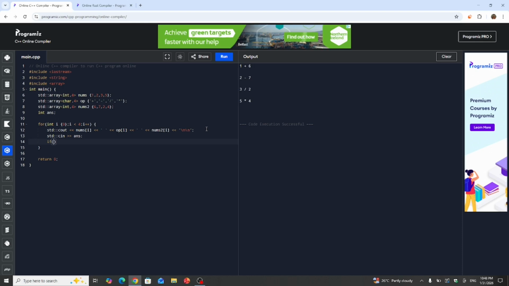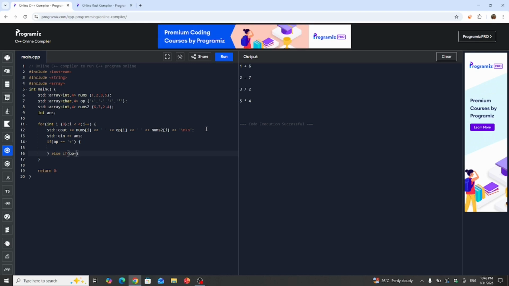If then op is equal to plus, else if op equals to minus, else if op equals to divide, else. If op is equal to plus,